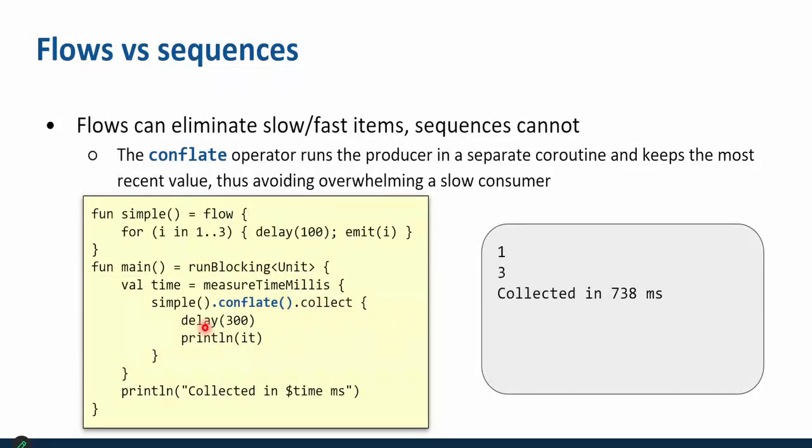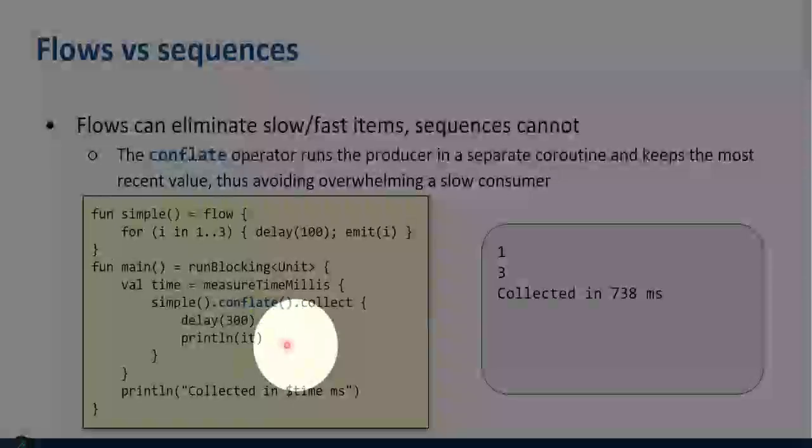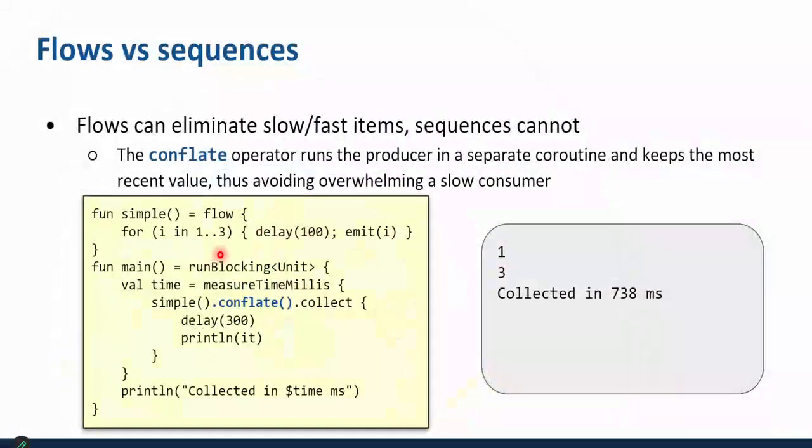In that case, you have just a generation of the same flow with three integers emitted at a distance of 100 milliseconds. Instead, the collection is simulated to operate at 300 milliseconds. So in that case, the first will be collected. For the second, this will not return, but the value is collected because it runs on a separate coroutine. And then finally, when the execution after 200 milliseconds is done, you will access the most updated value, which is